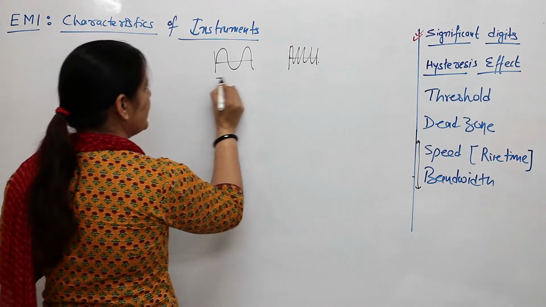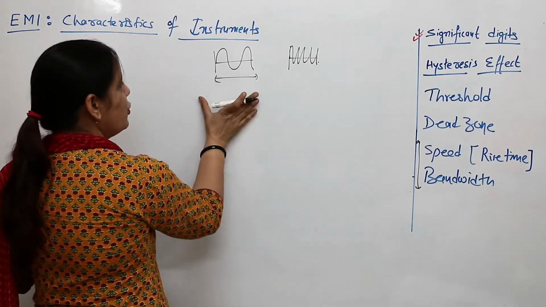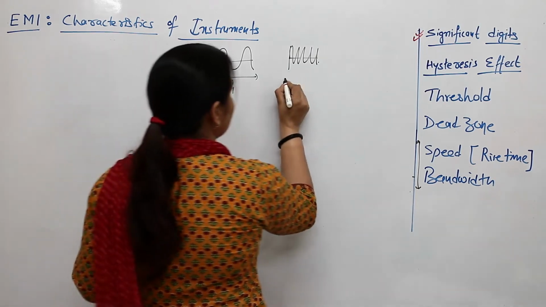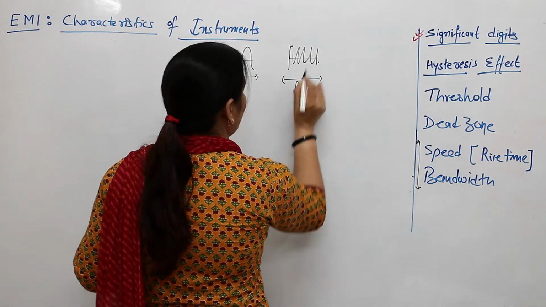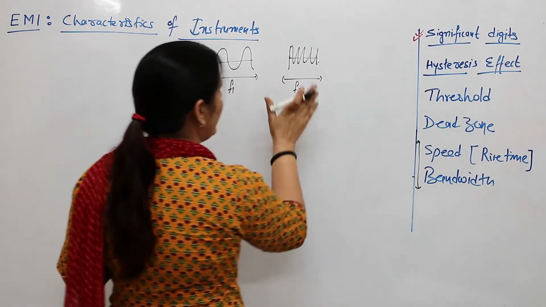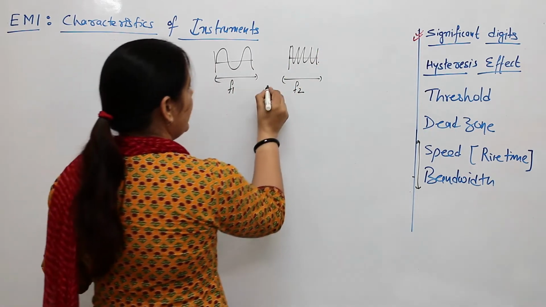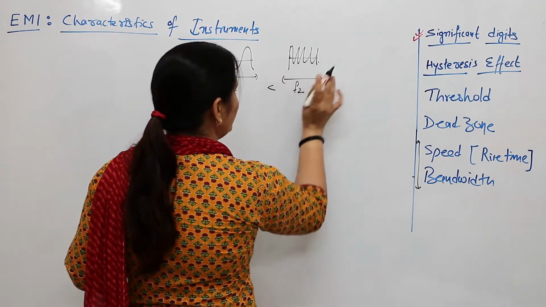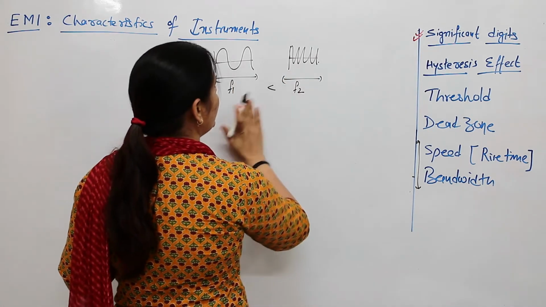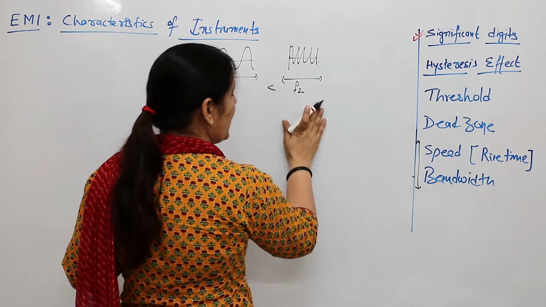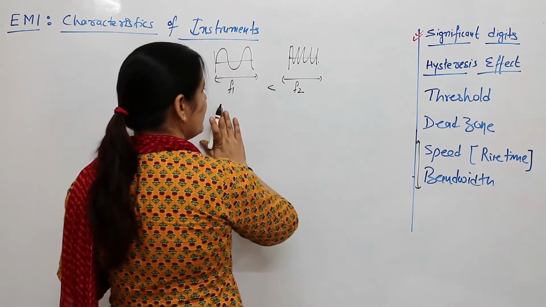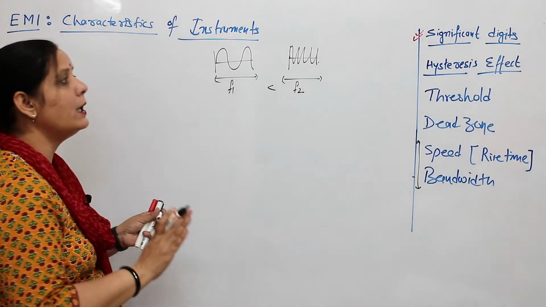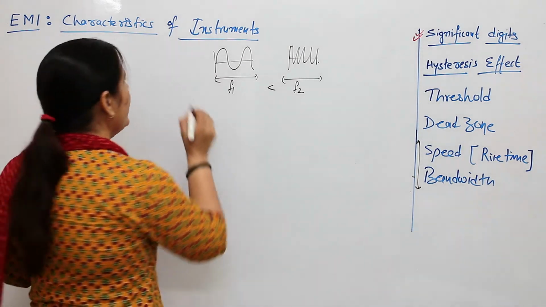If you have to measure this kind of signal, you are having an input signal of less frequency. If you have to measure this kind of signal, that is with a higher frequency, you should have an instrument that is quite fast, that can sense a very fast variation in the input, and you need an instrument that is having a response time lesser than the first case, so that you can have a faithful or an accurate reading. Okay. So in dynamic,